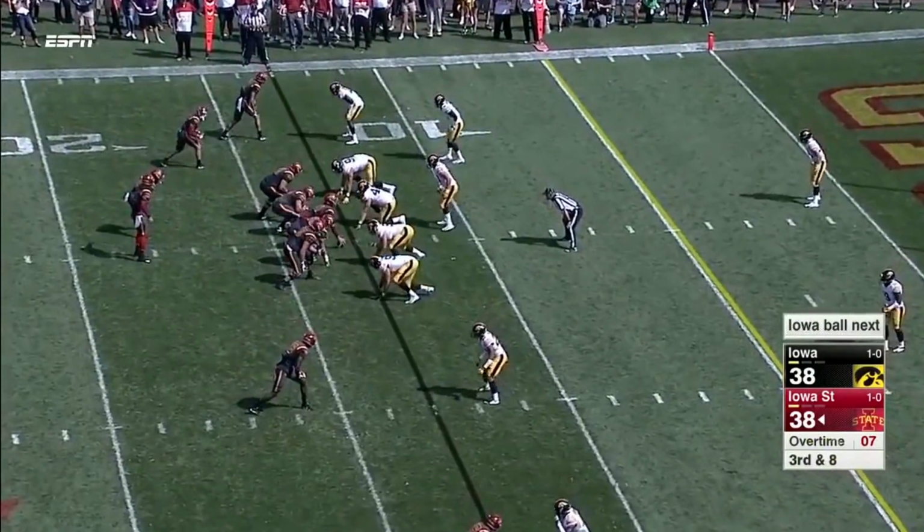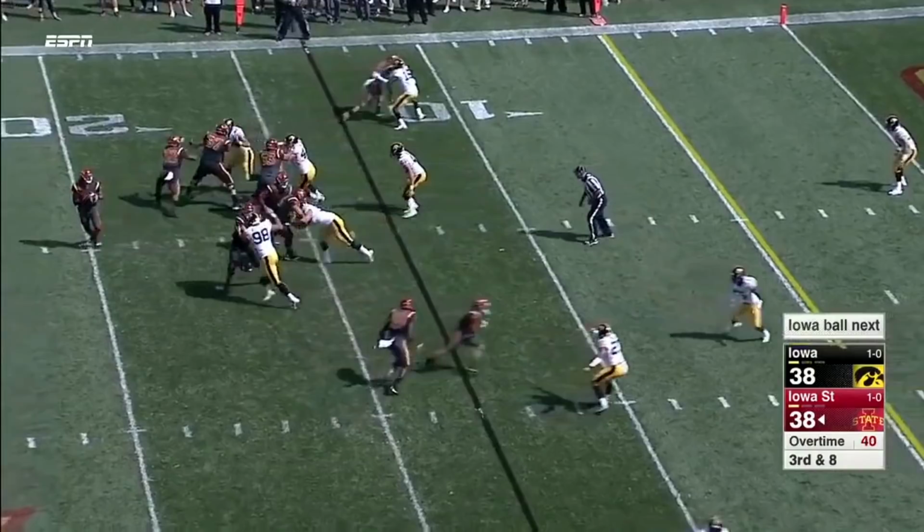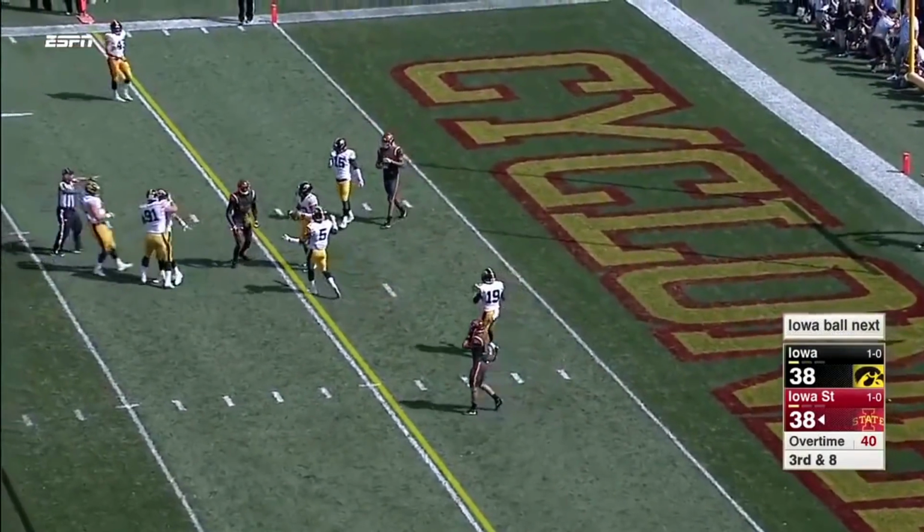Park rival Iowa. Third down and long for Park. Steps up, lets it rip, dropped! Hakeem